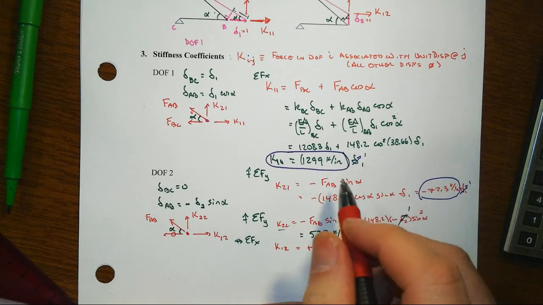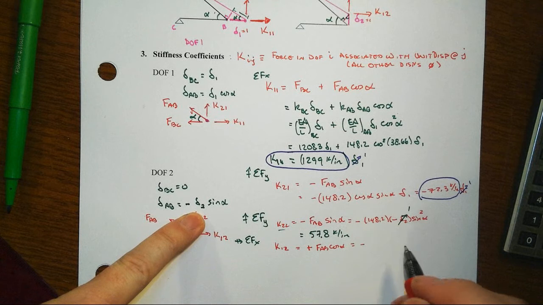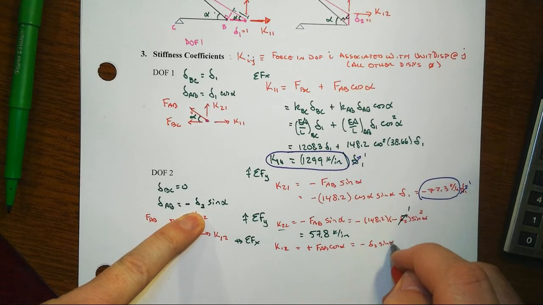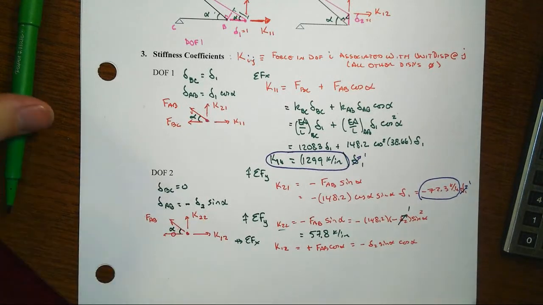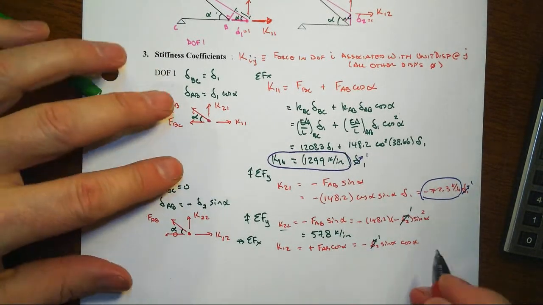But there will show up one, because we'll have KAB times delta AB, and that's equal to a minus delta 2 times sine alpha, and then we have the cosine alpha, and again delta 2 is equal to 1,